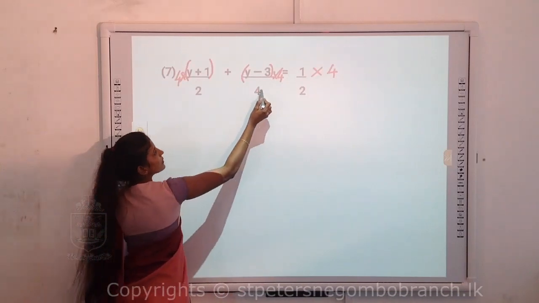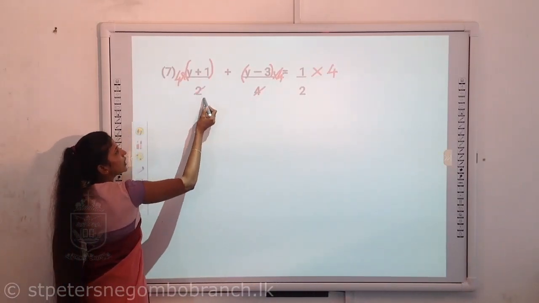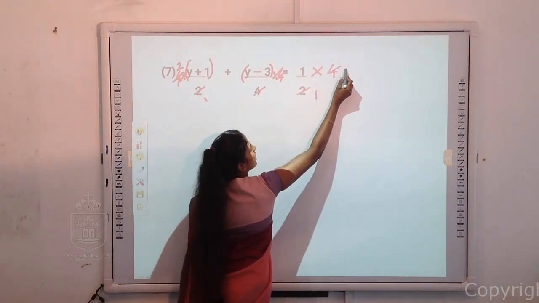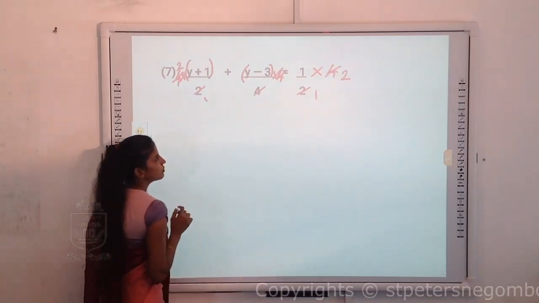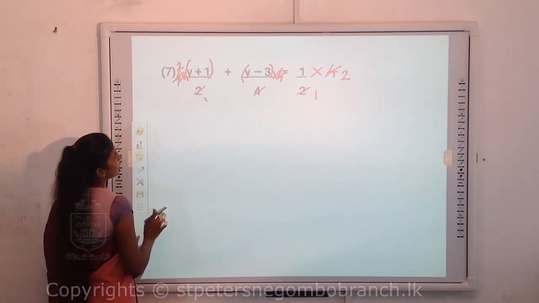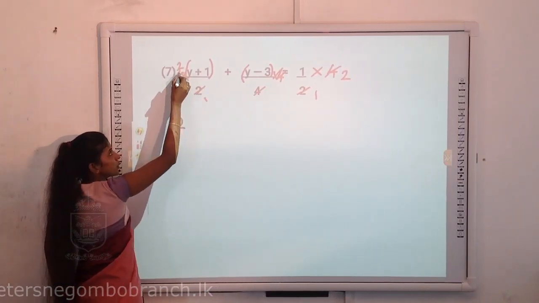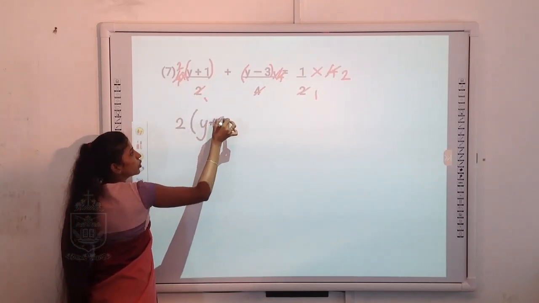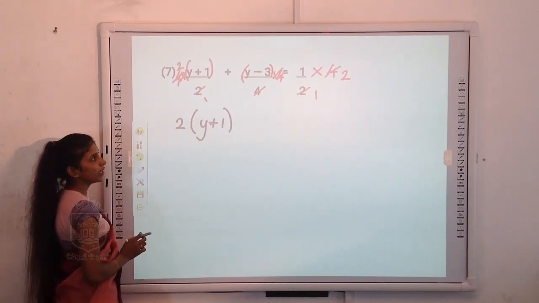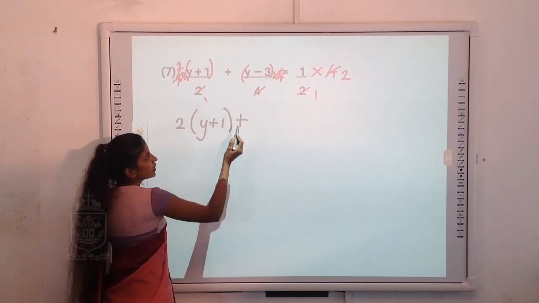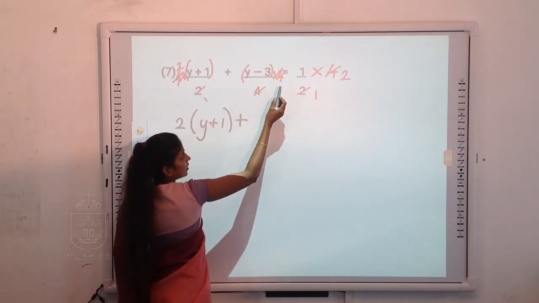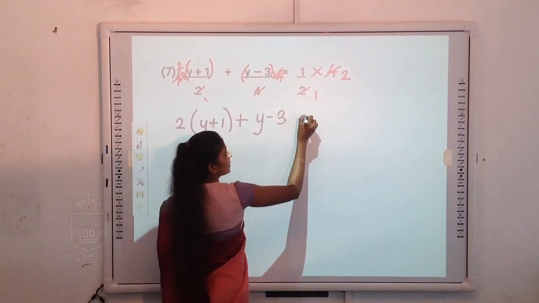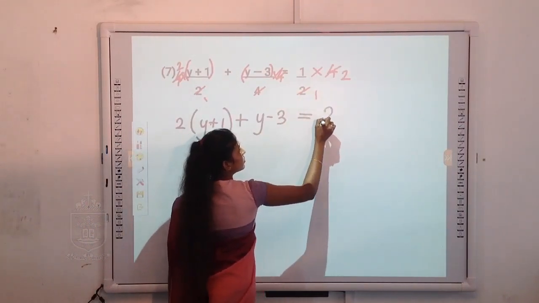Okay, what will happen? This 4 and 4 will cancel. 2 times 1, 2 times 2 is there. So what is remaining now? Let's write what is remaining here. Here 2 is remaining, and you have to put the bracket. It's very important for you to put the bracket. Both y and 1 are multiplied by 2. Take this plus down. What is remaining here? Already this 4 is cut, and remaining here is y minus 3. And after the equal mark, 1 times 2, 2.